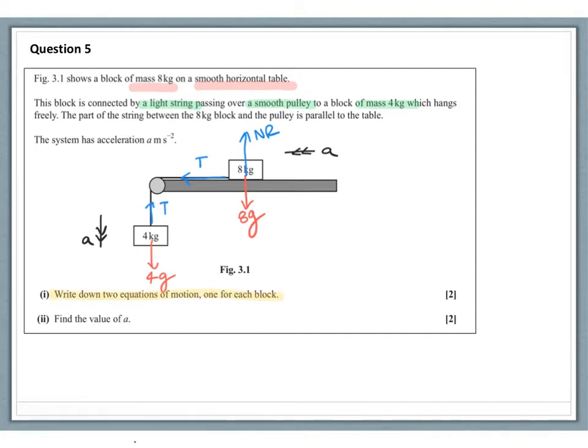So when it refers to equations of motion, this means we are using Newton's second law of motion. So resultant force is equal to mass multiplied by acceleration. So for part 1, I'm going to start off by applying this law to the 8 kilogram block. I'm going to choose the direction of left, the direction of the tension or the direction of the movement, to